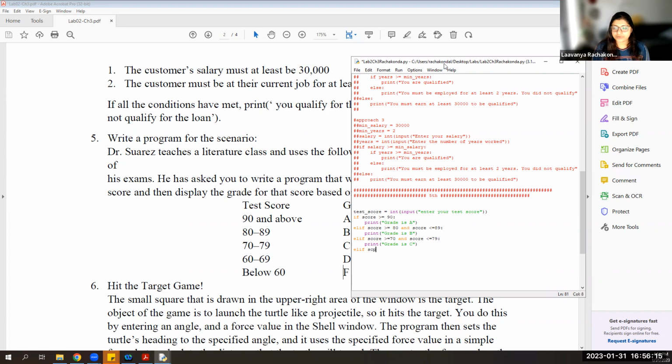Elif score is greater than or equal to 60 and score is less than or equal to 69, print grade is D. Next, else, because if it is, okay, this will raise questions. Okay, I think else should be fine. Else, print